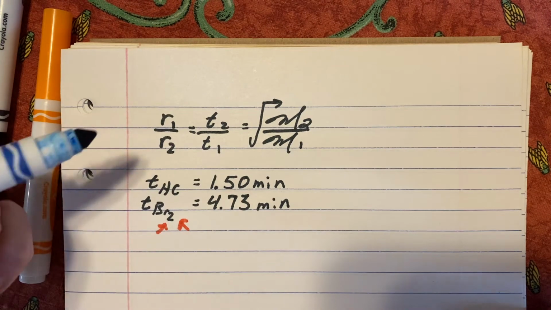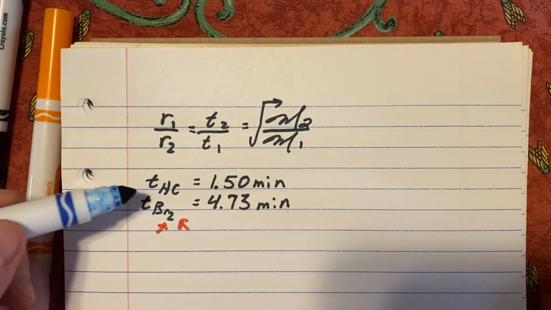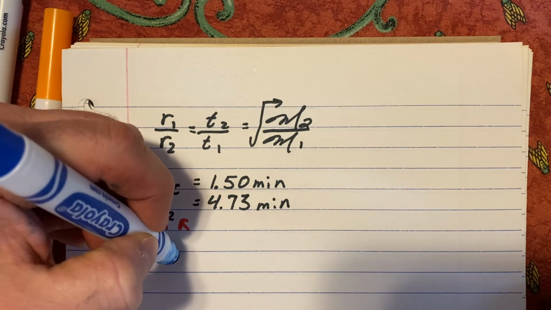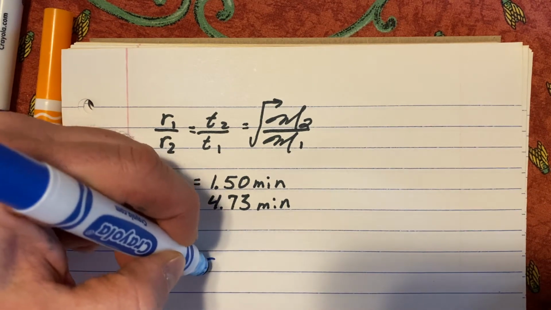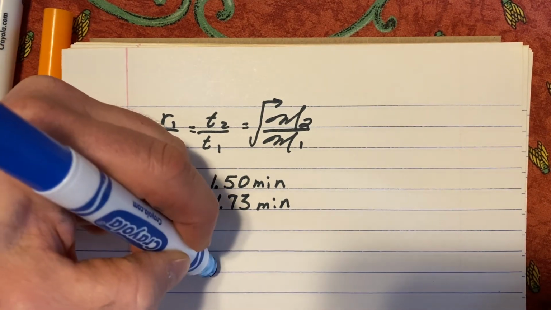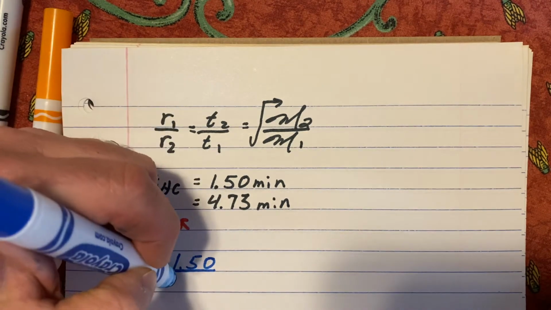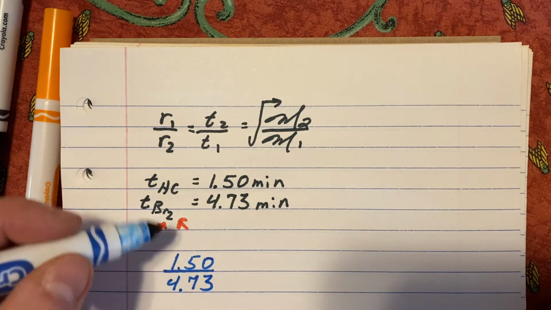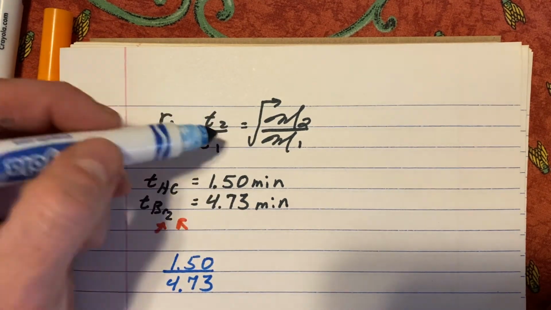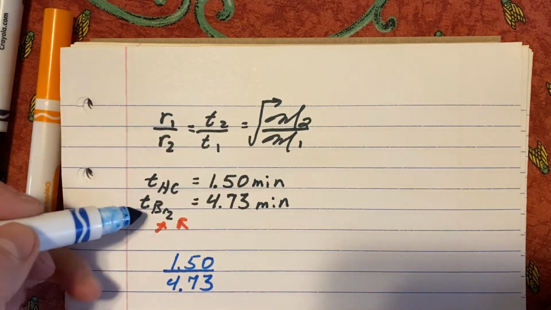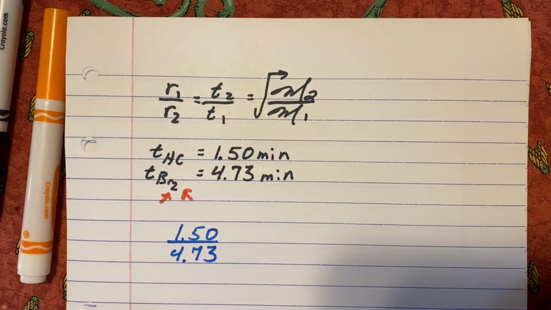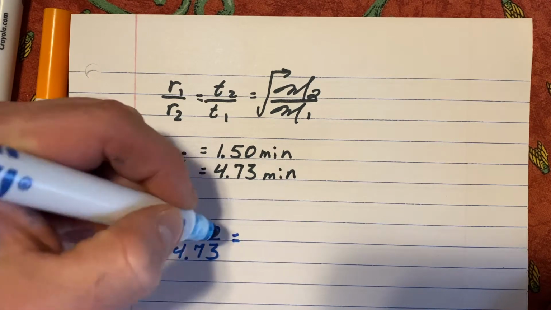I'm just going to put hydrocarbon on top. So the time for the hydrocarbon is 1.50, and the time for the bromine is 4.73. Units cancel out. And remember, I'm calling the hydrocarbon gas 2 and bromine gas 1. It doesn't really matter as long as they both line up, right? So this will be equal to